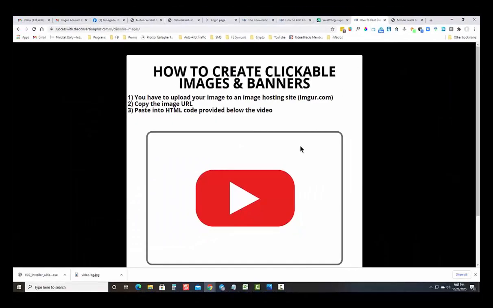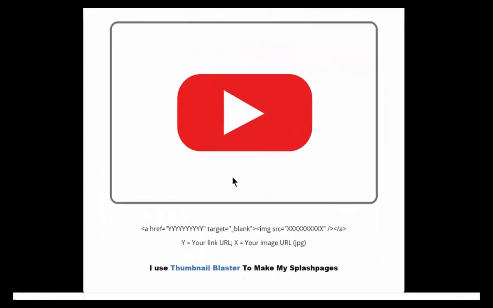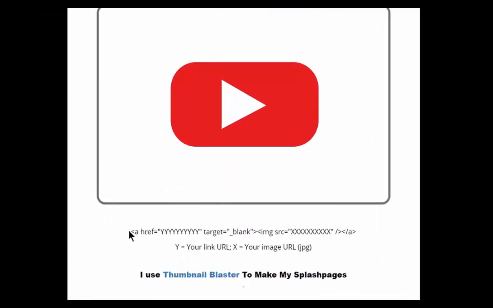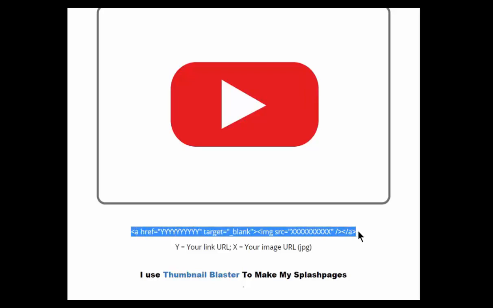Then you'll come back down to here. So we uploaded the image. I copied the image URL. Remember, it's got to have the JPEG at the end of it. And now we're going to paste it into the HTML code provided below. So from this page, you should be able to copy and paste this. Just drag over, hold down your left mouse, drag it across,